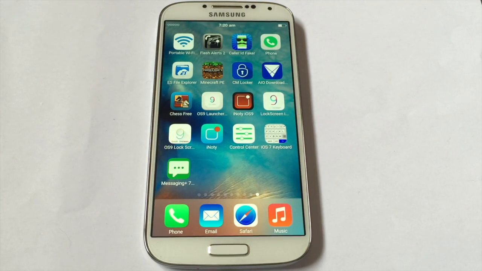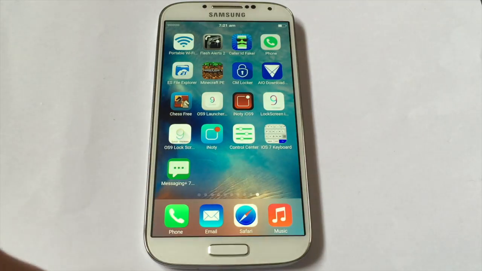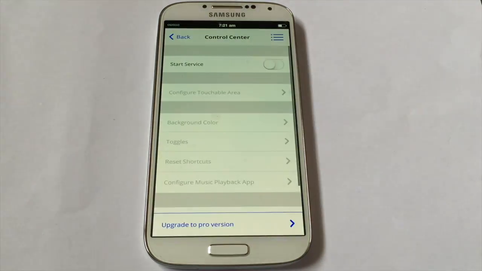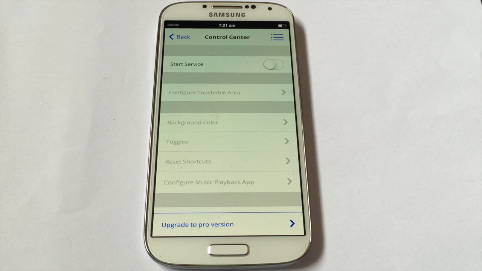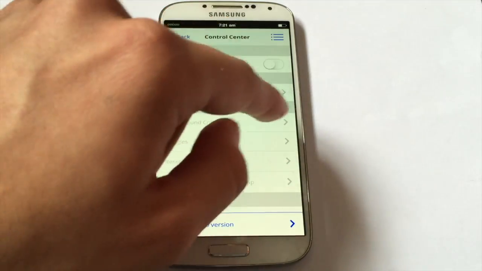Let's move on to the last thing that we need to add to the iOS 9 look. It's the bar which lights up. You have some options. Let's go to Control Center. Unfortunately, this is a paid app again on Google Play Store, and again I haven't found an alternative solution for this. I'm really sorry about that, guys. And yeah, you can click on Start Service,